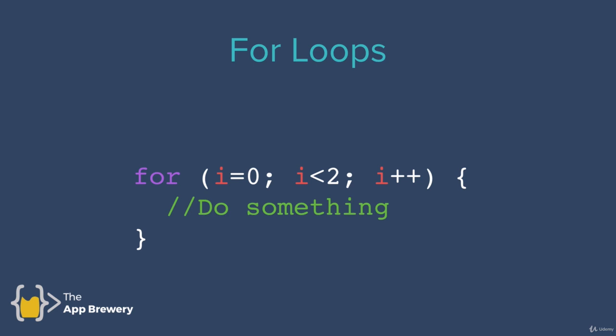So we have the keyword for, and then a set of parentheses. The first statement in the parentheses defines a starting point for the for loop. In this case, we're starting at 0. The next step defines the end point, so we're ending when i is less than 2. And the last thing we have to tell the for loop is what the change is. Which direction are we changing i? Is i increasing by 1 each time? Or you can increase it by 2 or 3, or you can even decrease i every single time.